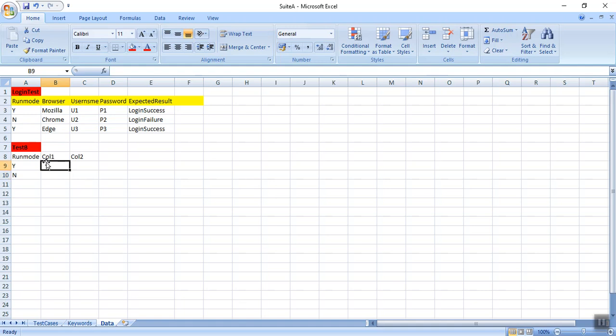We can provide some dummy values: dummy 1, its run mode is yes, and it has the following values. We can have values for this also: dummy 2, dummy 3, and dummy 4. This is how I can provide data.